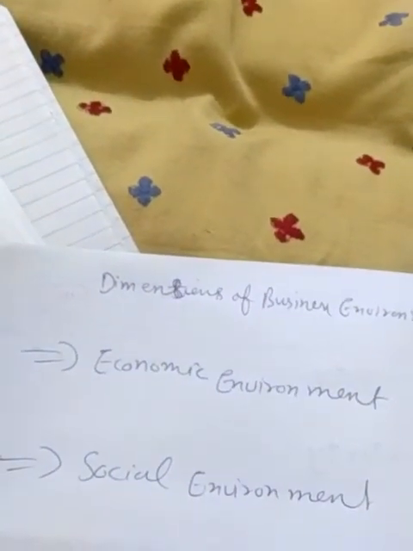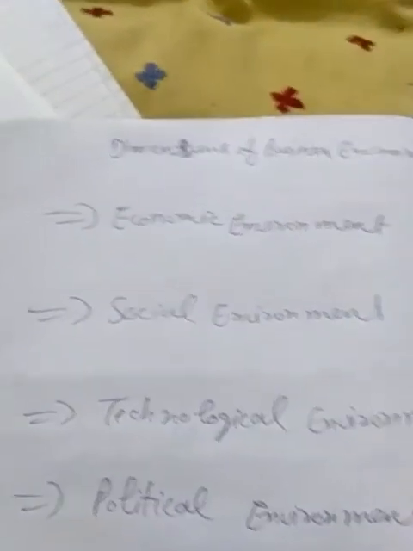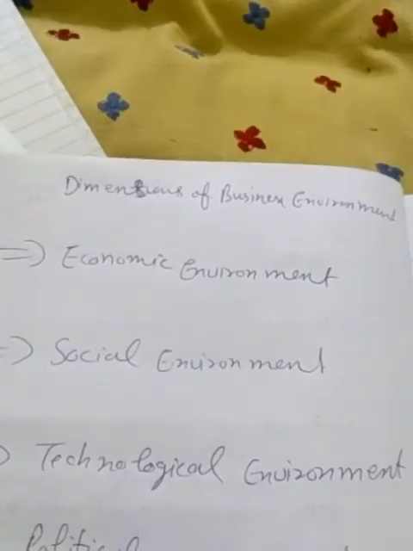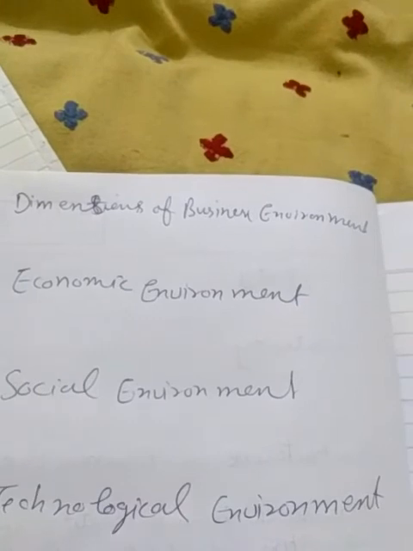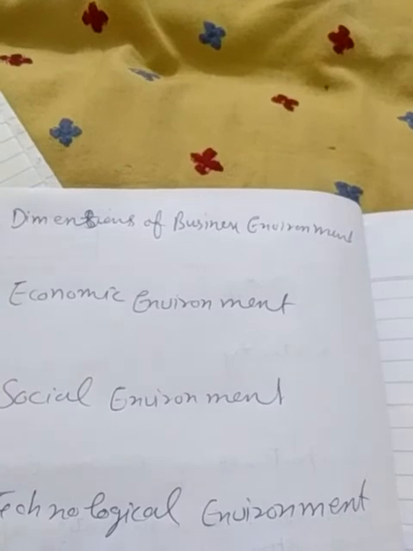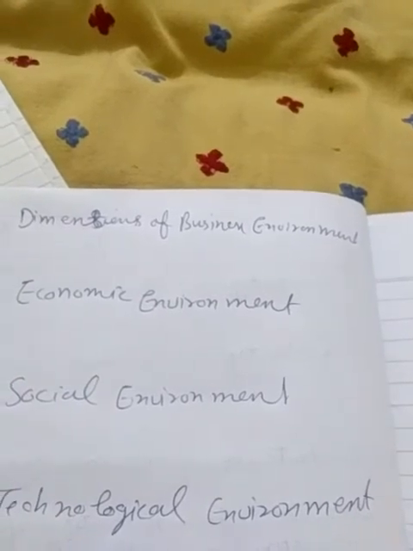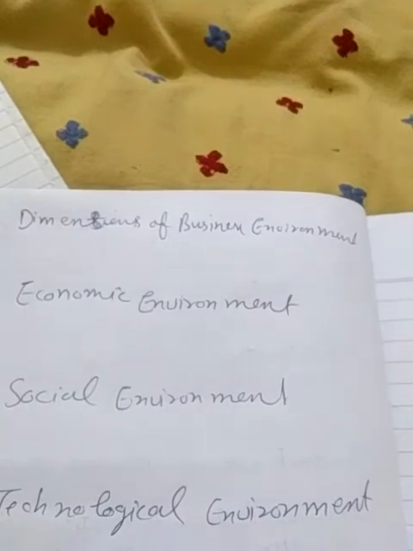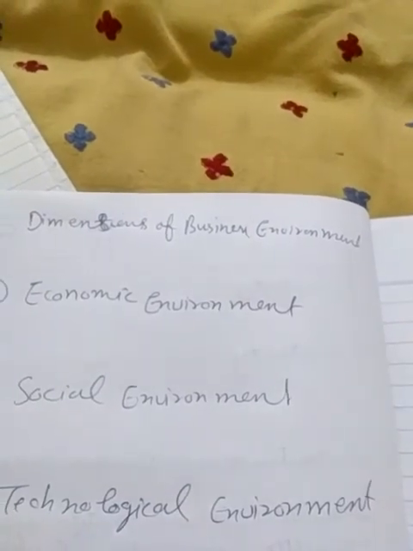Next, third, is technological environment. Changes in technology have an impact on business, and this is called technological environment. What is included in the technological environment? Let us discuss. Technological environment includes forces relating to scientific improvement and innovations, which provide new ways of production and new methods and techniques of operation of a business.